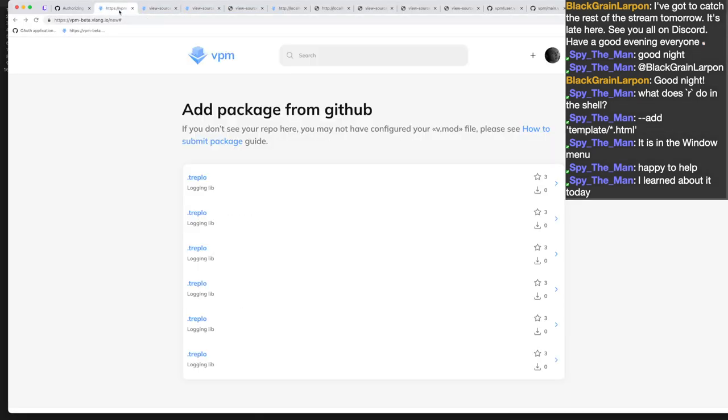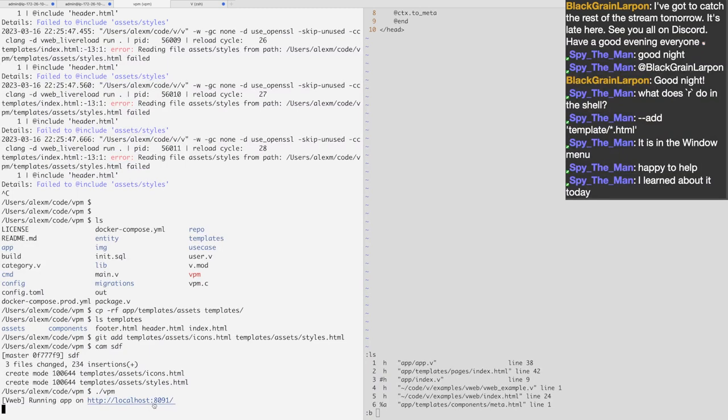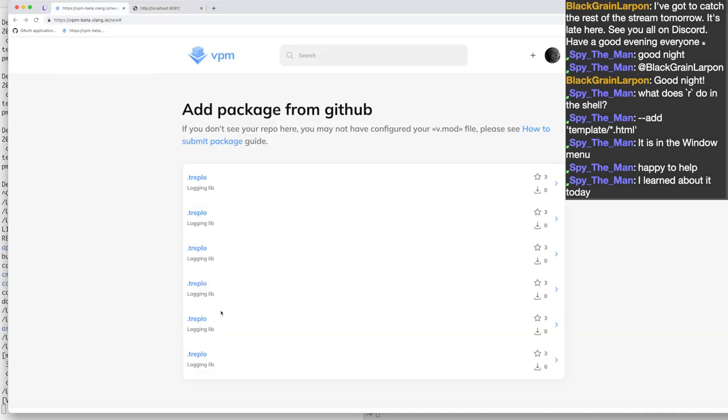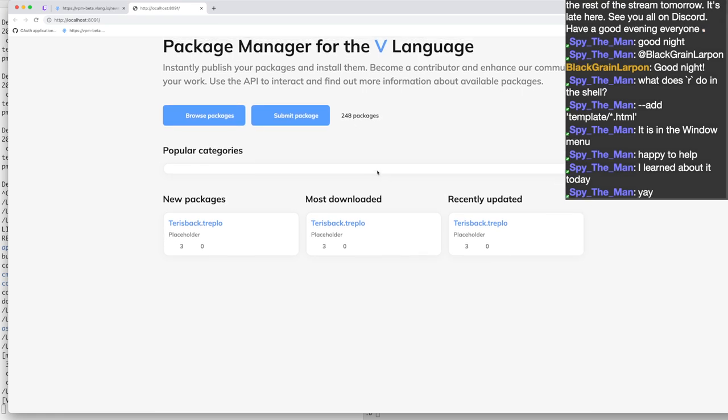Too much stuff open. Nice, there we go, great. So at least it's usable now. So yeah, well, let's